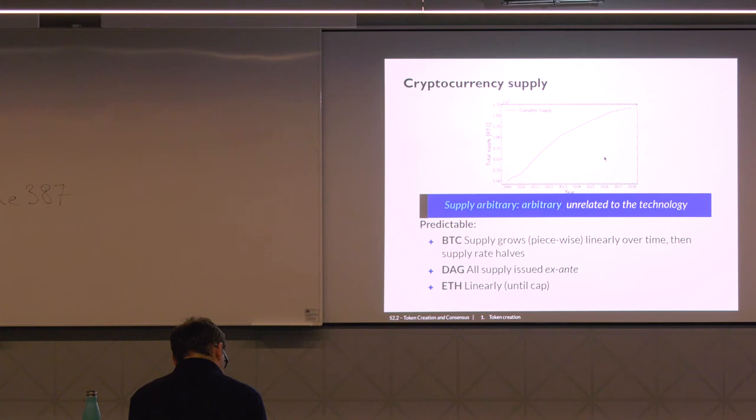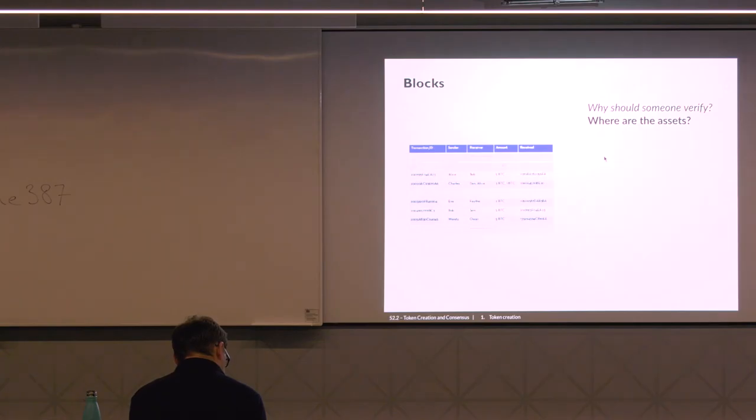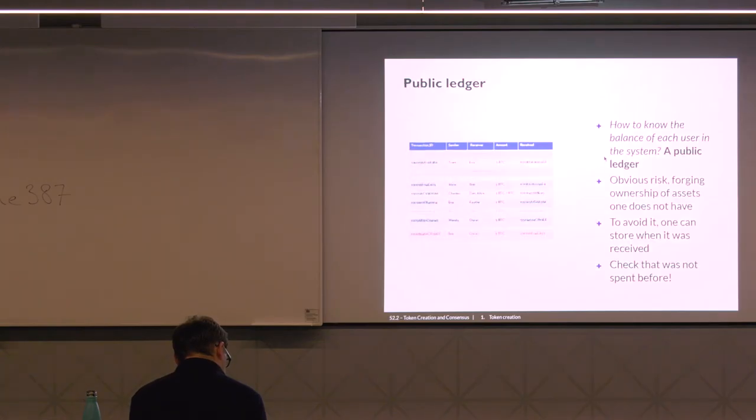Ethereum grows linearly in the number of Ether tokens that are present inside of the system. There is another solution to solve the issue that I described before. The problem that I was describing in this transaction was that at the beginning of the public ledger, there has to be some process by which these tokens have been created.